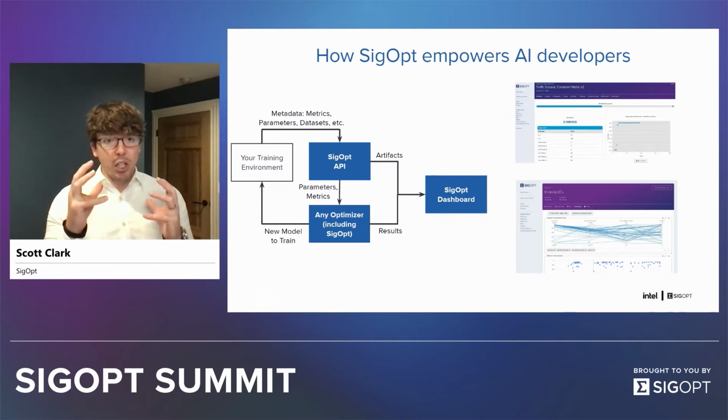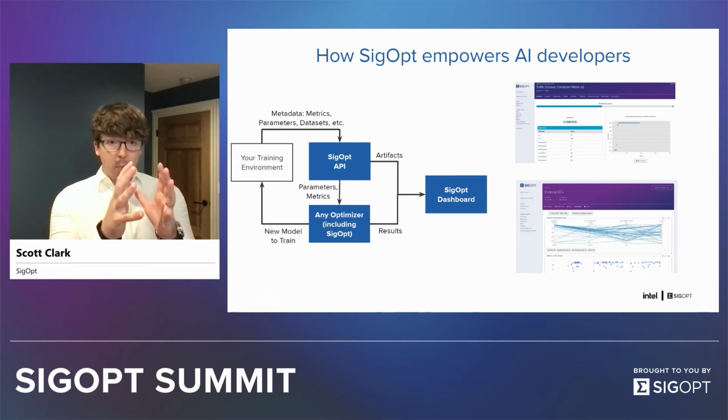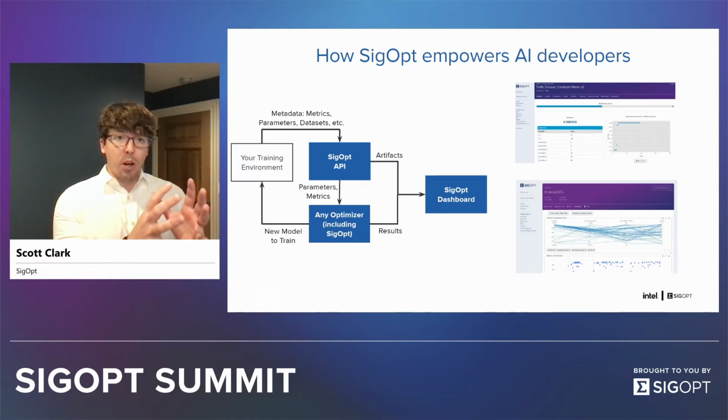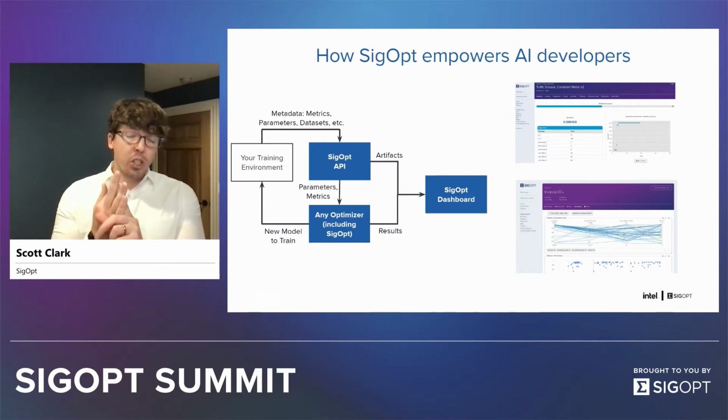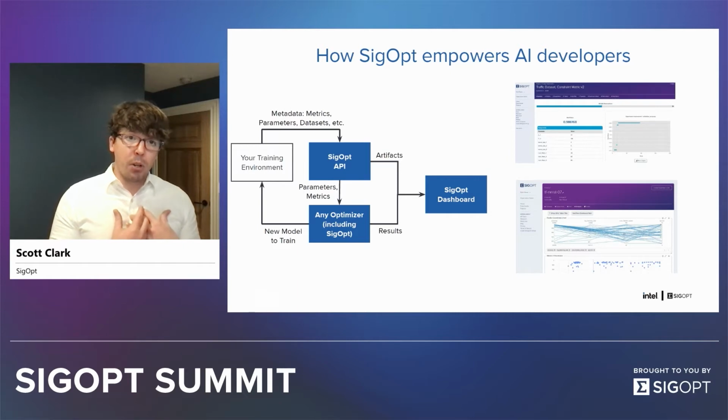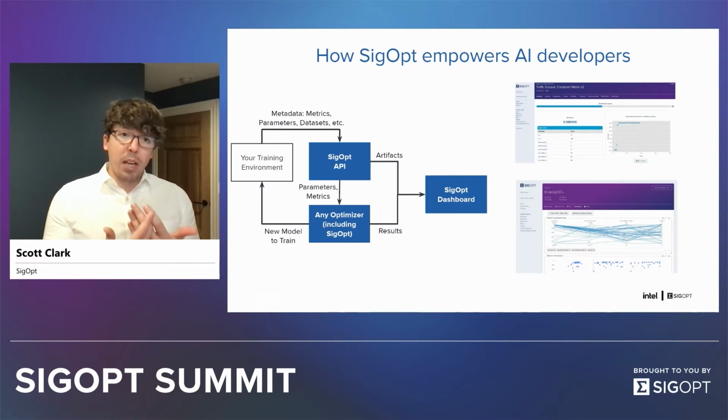So as an intelligent experimentation platform, it fits within the modeling stack in that part of the journey. But in terms of actually fitting within your modeling stack, it really just bolts on top of whatever you're doing today. So you have a training environment that has your model and your data, et cetera. SigOpt represents a set of tools, a dashboard for managing, analyzing, and transparently sharing this experiment, an optimization framework for helping you get to the best possible version of these models, whether you're using our proprietary ensemble of optimization methods or bringing your own optimizer into our intelligent experimentation platform. And finally, an API to be able to do this scalably for the full volume, variety, and complexity of the models that you're dealing with day to day, handling up to 1 million API requests an hour for our customers,